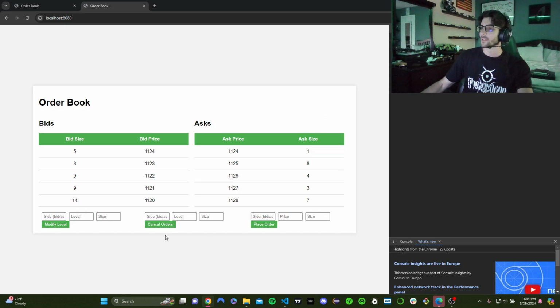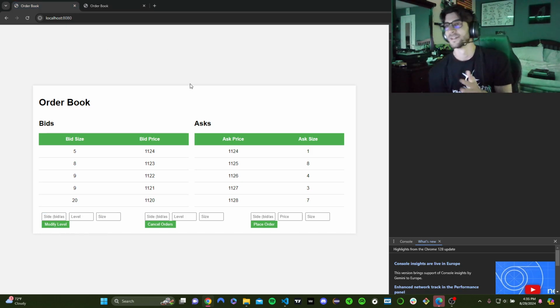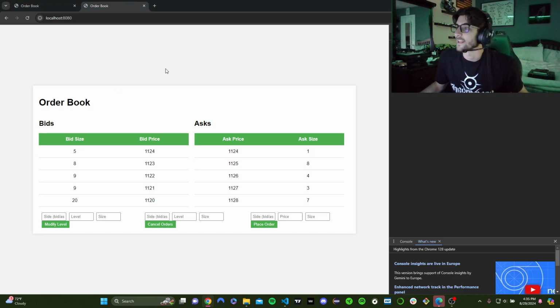Cool. Now this guy thinks, oh, I want to modify this level. Well, this is like a master modify, right? So it goes by 0, which again is something to change in the future, but it goes 0, 1, 2, 3, 4. I can just say I want 20 of these. Oh wait, at level 4, 20, modify level. There we go. Definitely something to change. But yeah, it goes through, updates every client as need be.